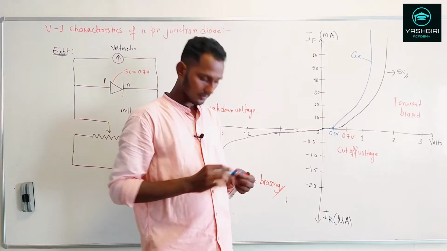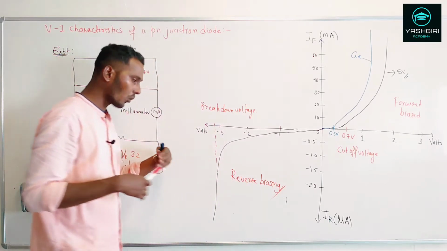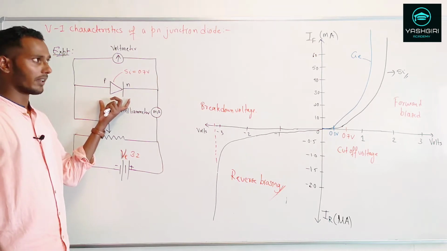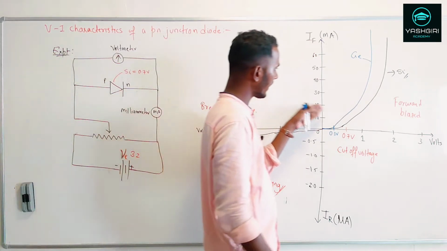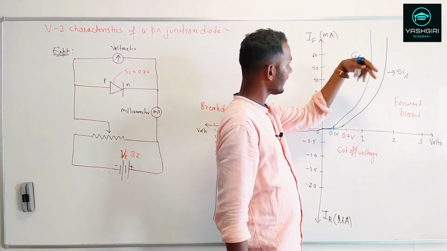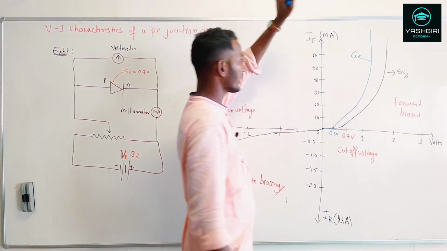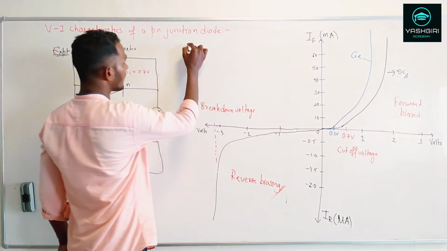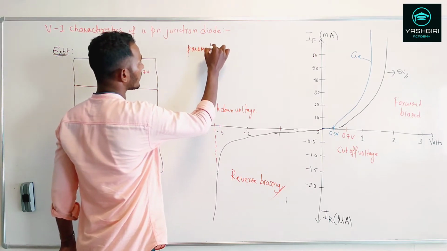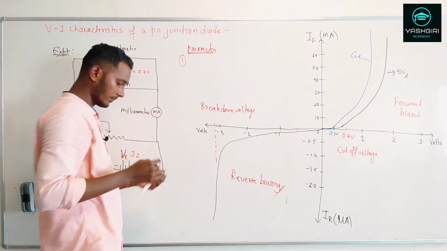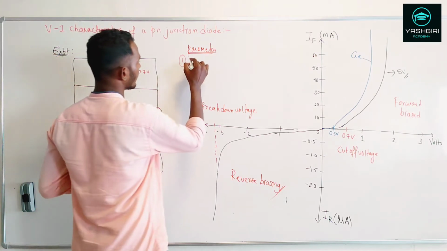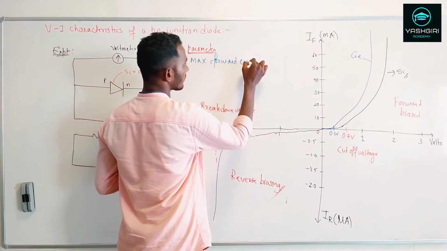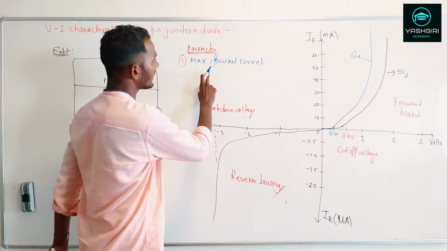Now, in the markets, there are so many PN junction diodes available. Each PN junction diode has got some parameters you can see. Now, if you look at this graph, the current is rapidly increasing. It's not that it will give as much current as you want. There are some limitations for that. When you buy a diode, you will find parameters like maximum forward current. So what is that maximum forward current?